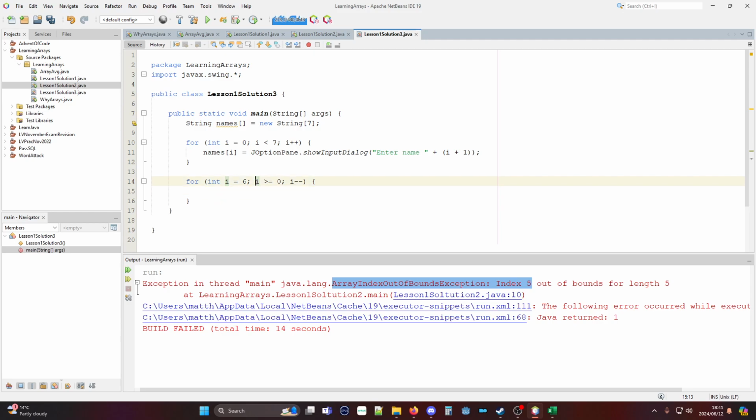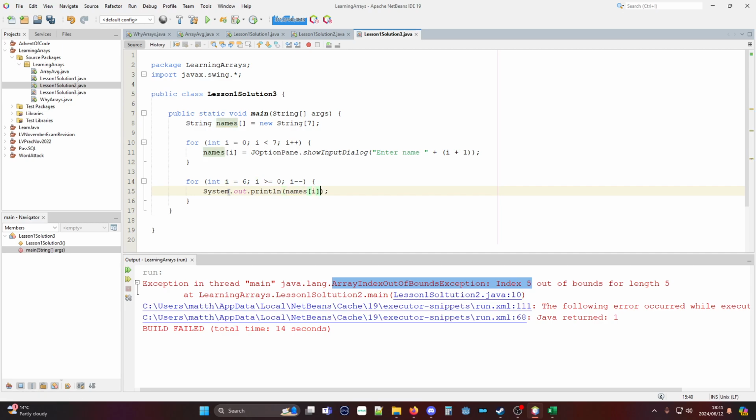Reminder, this isn't where it stops. This is more the keep going while. So keep going while i is greater than or equal to 0. So 6 is greater than 0, it'll run. 5 is greater than or equal to 0. 4 is greater than or equal to 0, and so on. 0 is greater than or equal to 0, because that's equal. Then as soon as I go down to -1, -1 is not greater than or equal to 0, so it's going to stop. And all I can do is I go System.out.println